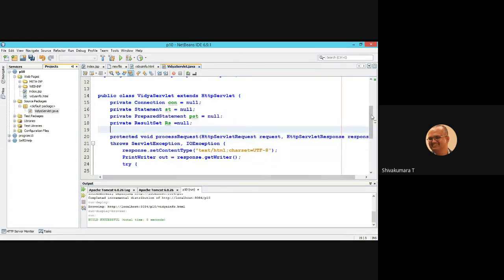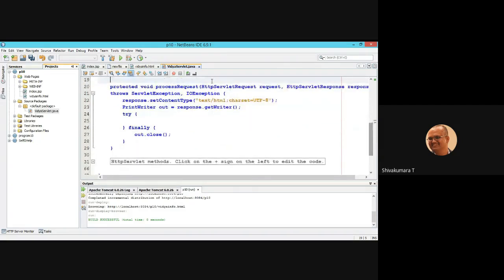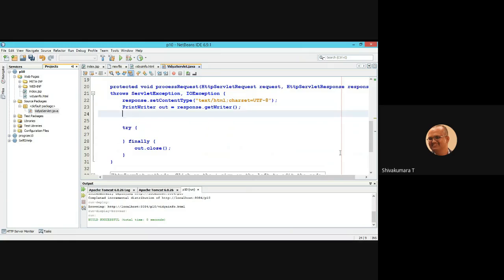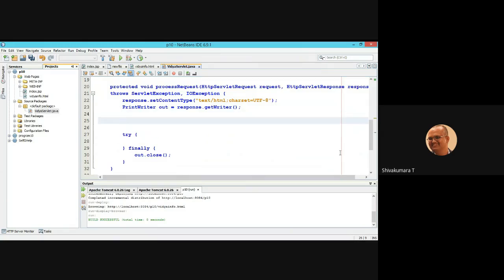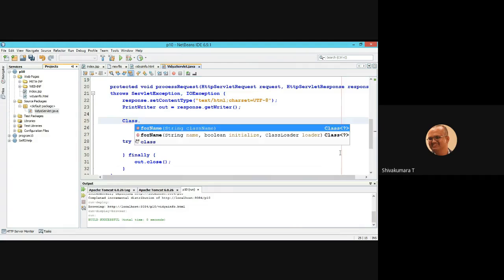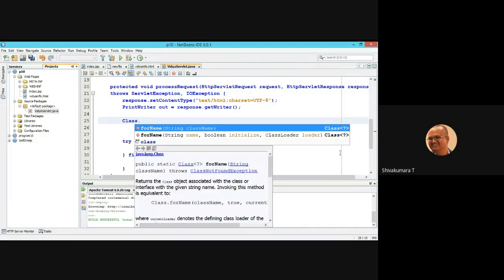now it's very interesting. We need some of the database connectivity statements: loading and registering the driver, initializing the database, right? For that, we have the statement Class dot forName method.